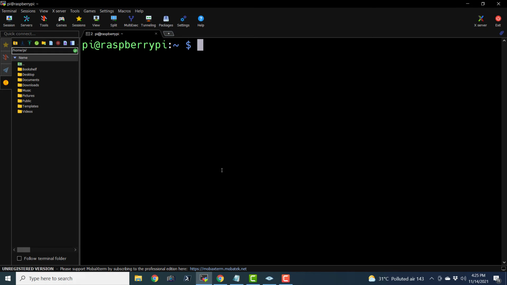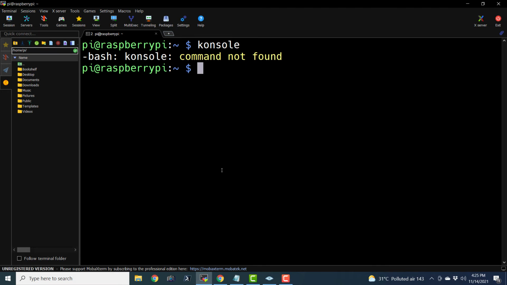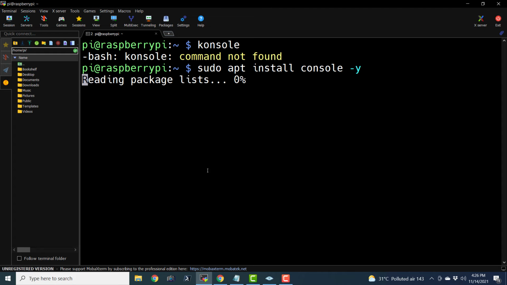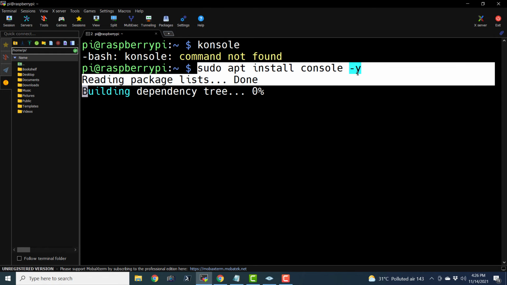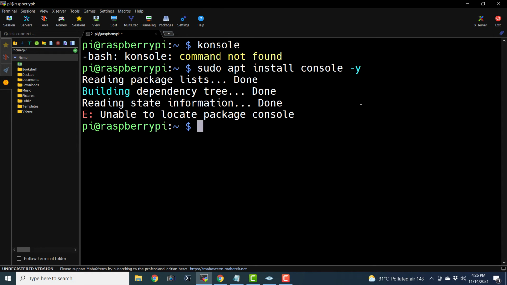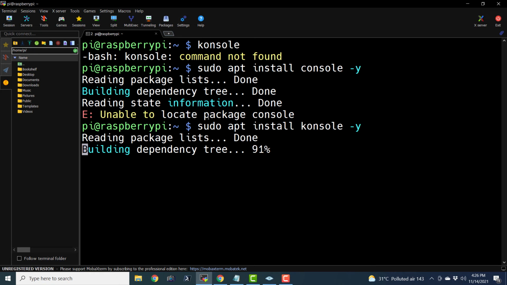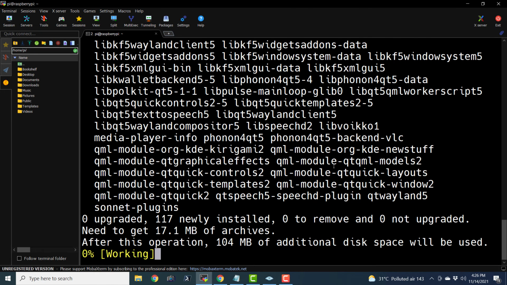And what could be the command that is going to help us to install or to demonstrate the GUI capabilities? Konsole. Okay, that is also not installed. So let us install it with sudo apt install konsole -y. Let me mention this command in the tutorial section also. Okay, it is not able to locate the package because the spelling was wrong. So let me copy this command and mention it in the document that we are referring.